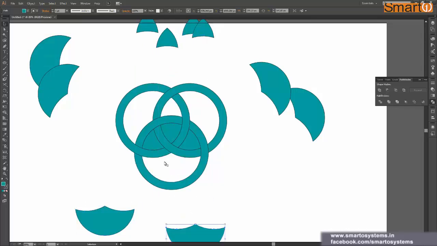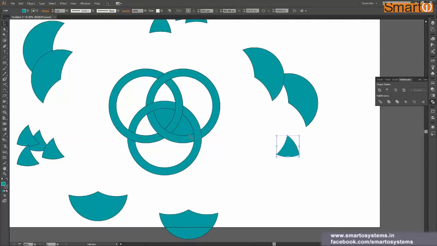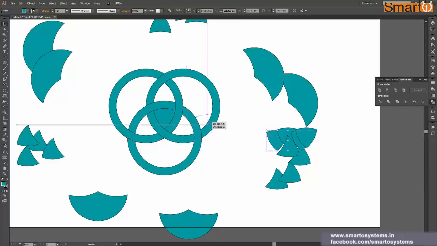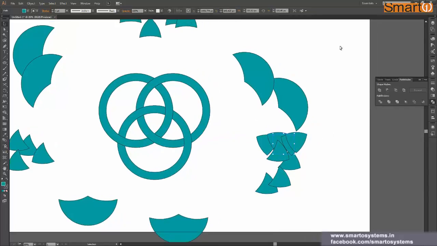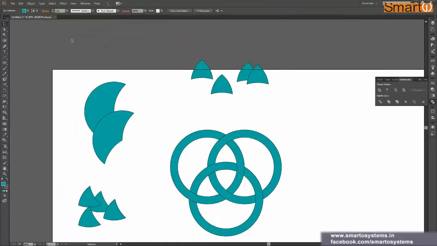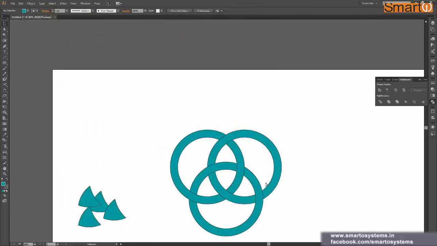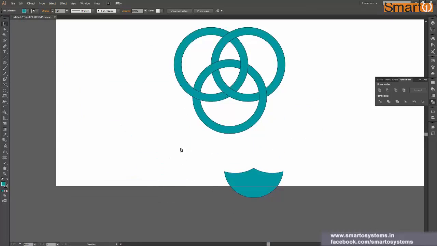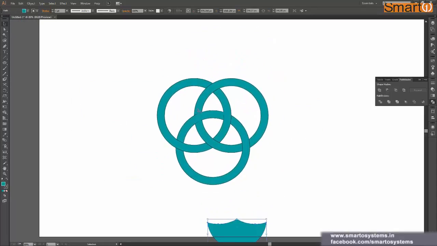Okay, so like you can see, we have performed multiple operations on these rings. That's why every time we perform an operation, it keeps creating these additional shapes, like we have seen when we were performing the divide operation. So that's no problem. You can say it's a side effect of that tool. So if you are achieving such a great result, it is no problem deleting a few shapes from the center.